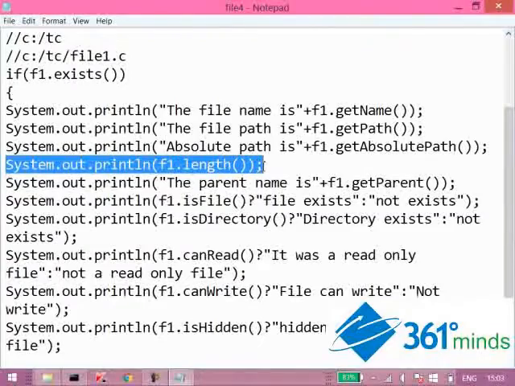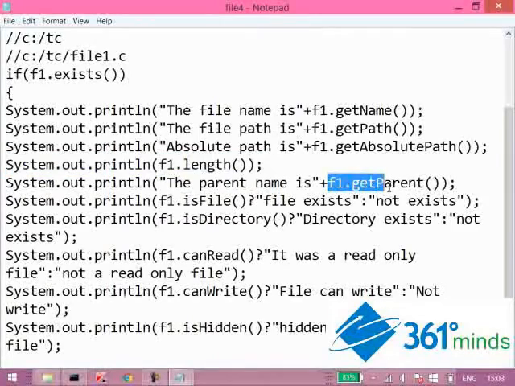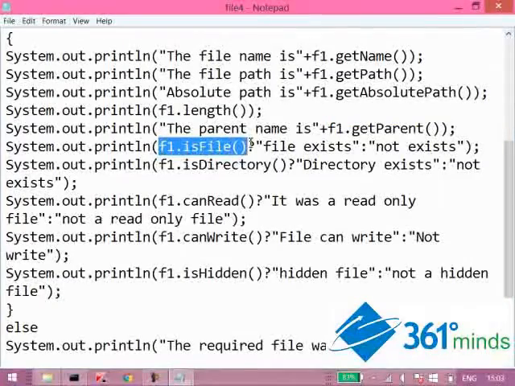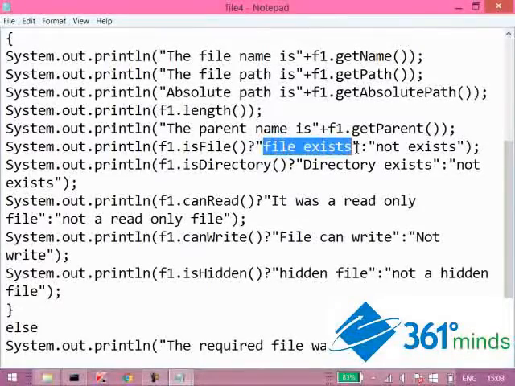The length will give you the number of characters that are available in that file, and then the parent will give you the parent folder of where the file resides. It will tell you this is a conditional operator that I have done. Now I say f1.isFile. This question mark is an if condition. So if it is a file, it says the true path will be file exists and the false part will